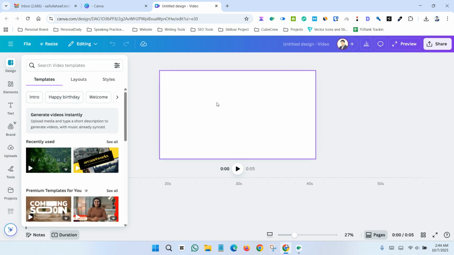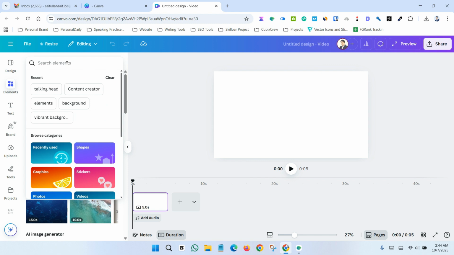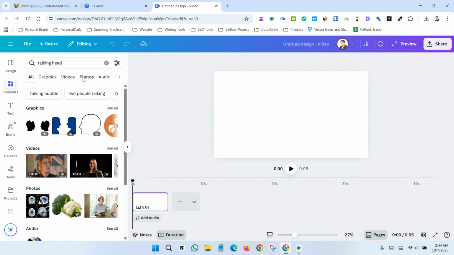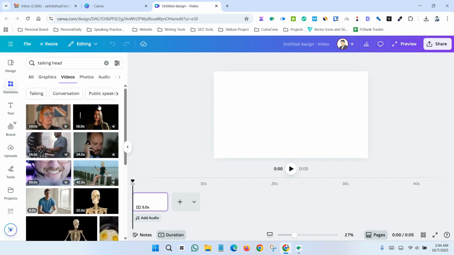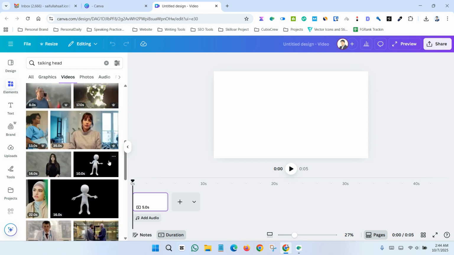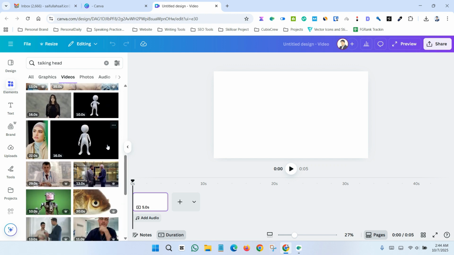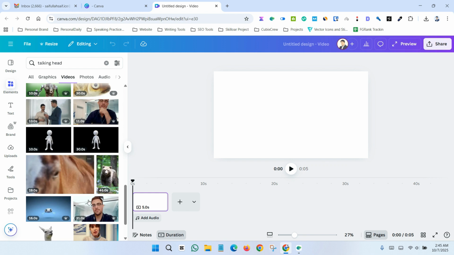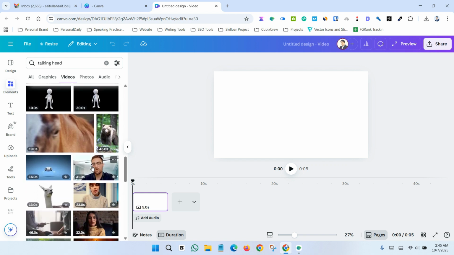And now I need to either upload my raw video, let's say talking head video, or I can get the video from elements. Click here and now click talking head and now click video section, and you will see a lot of video available here. And you need to remember that if you want to remove the background from a video, you need to have a very clear video with different background. Let's say I want to take this video